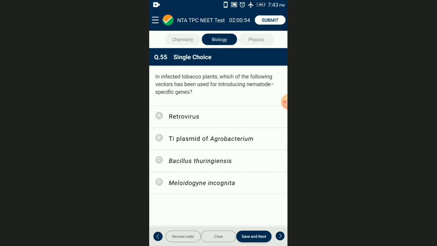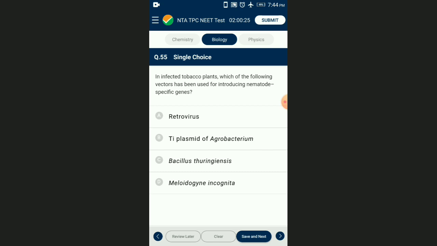Question number 55. In infected tobacco plant, which of the following vectors has been used for introducing nematode specific gene? Here, tumor inducing plasmid, that is Ti plasmid, is a plasmid found in pathogenic species of Agrobacterium. Ti plasmid contains a region called T-DNA, which is replaced by our gene of interest, that is nematode specific